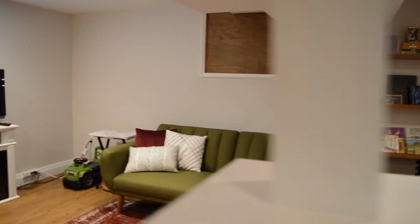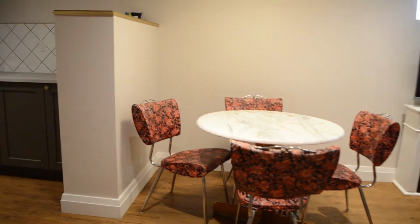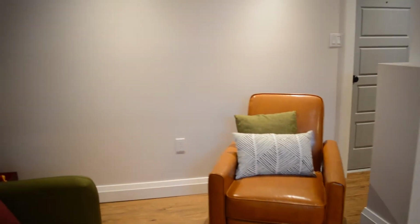And now I'll just go through the basement tour again, so you can get a full view of the space without the cutting back and forth. And I do apologize for my walking and trying to hold the camera at the same time. It's a different video, so the angles might be a bit different,